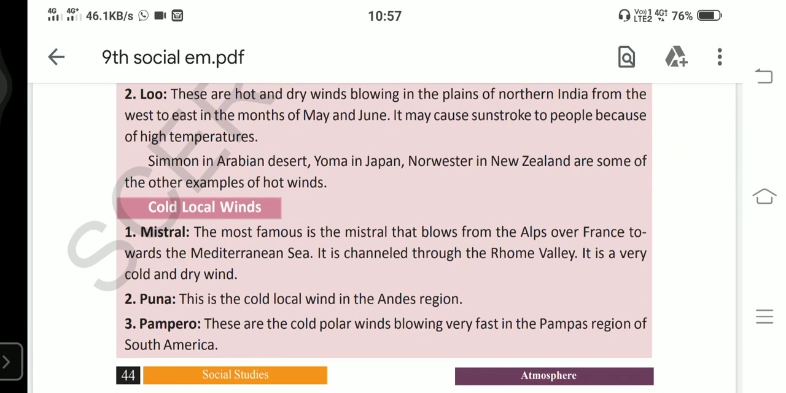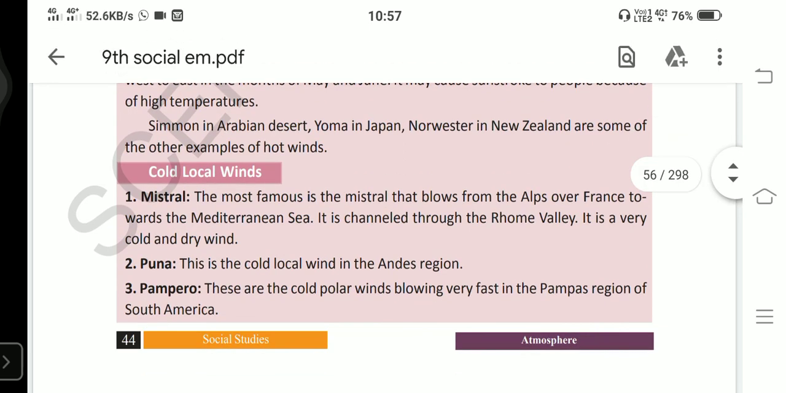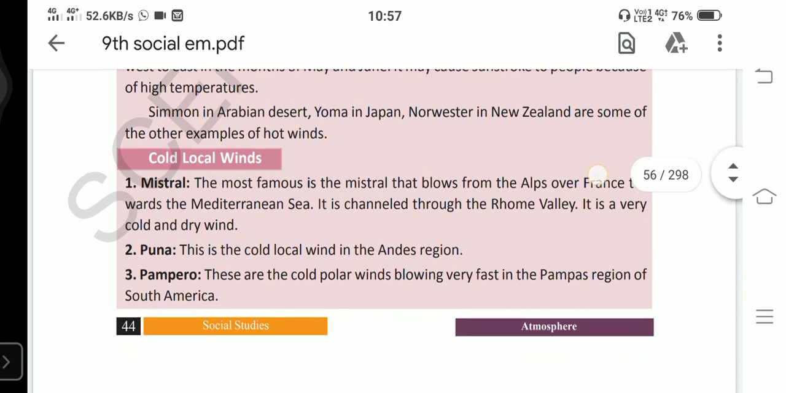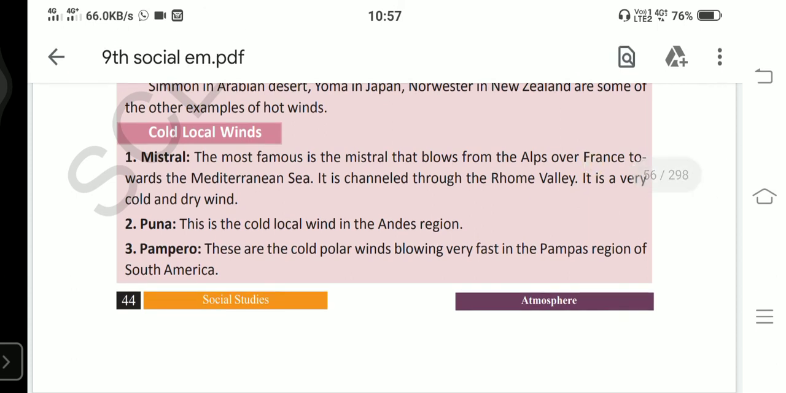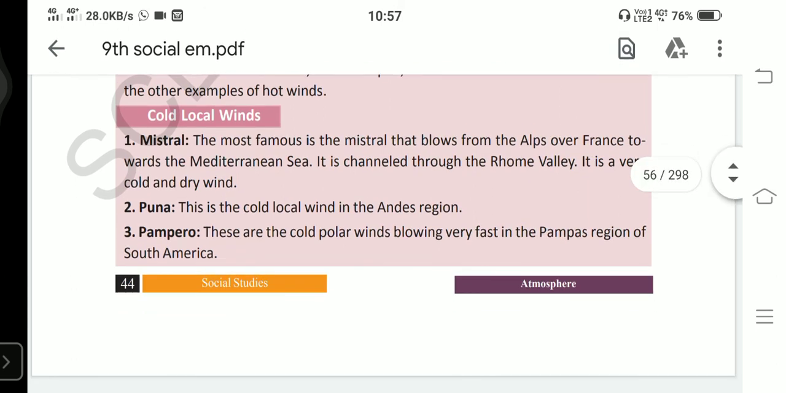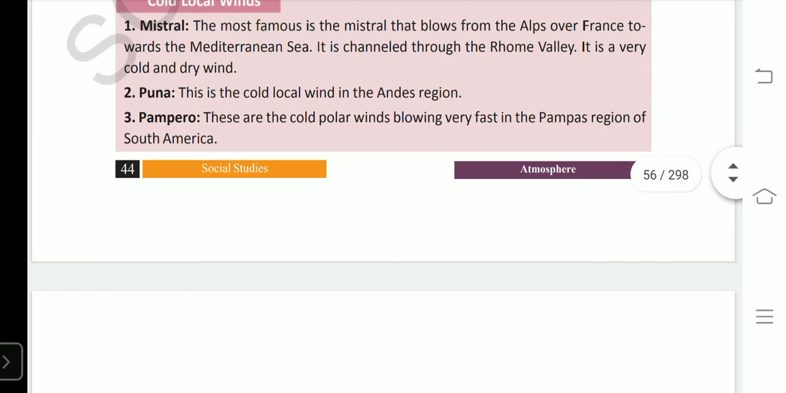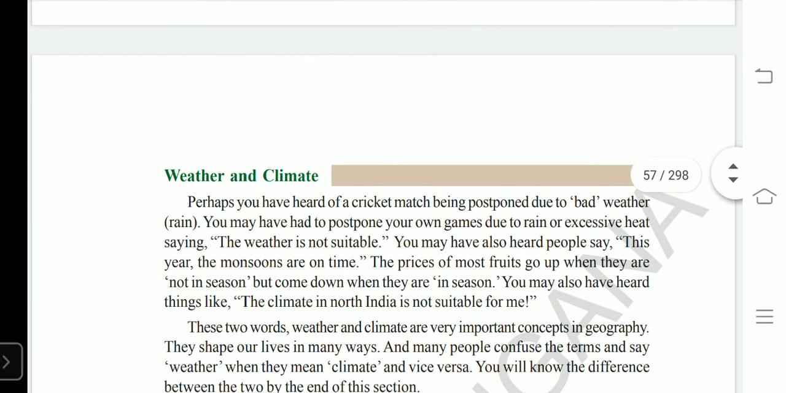Puna is also a cold wind, blowing in the Andes region of South America. Pampero is also a cold polar wind. They blow in South America, across the pampas. So these are the different cold winds blowing in different parts of the world. So today's